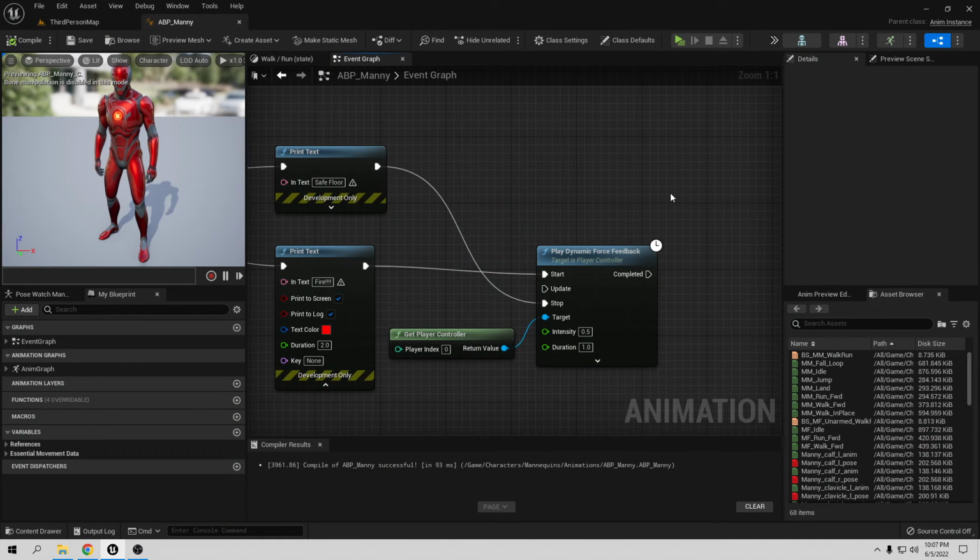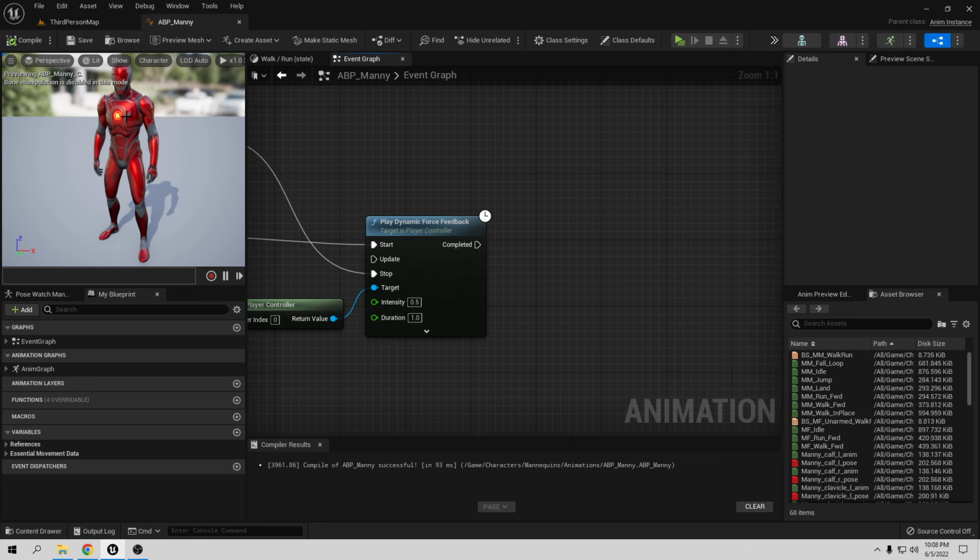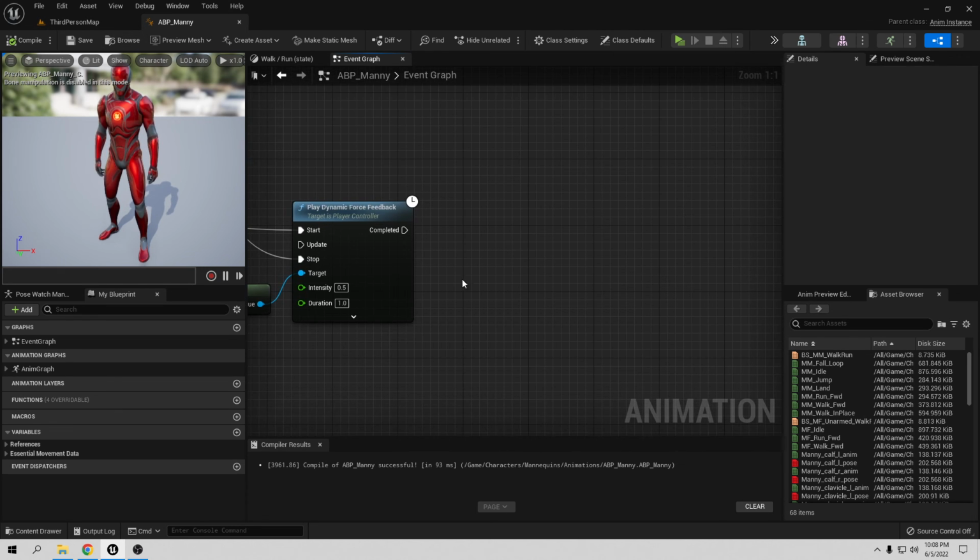Also, if you want to take damage, I want to show you fast. For example, like I told you, you need to create a variable from the player, the health life. So you can put minus something like that. So